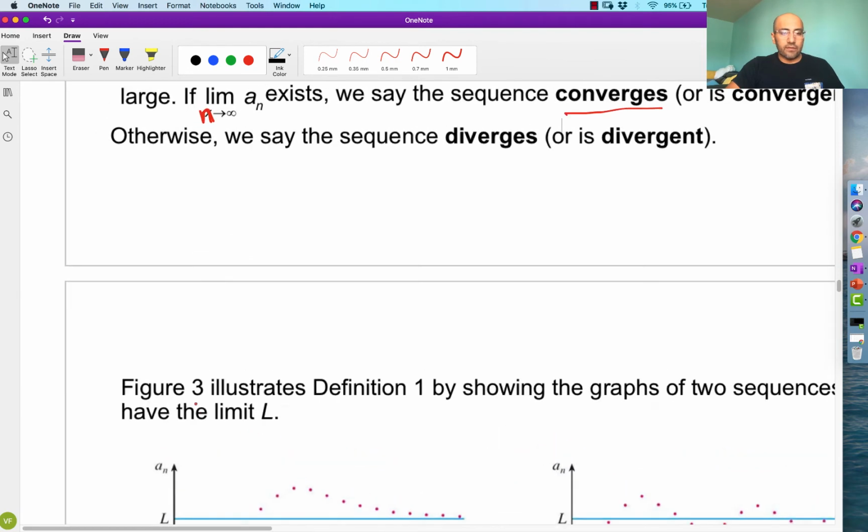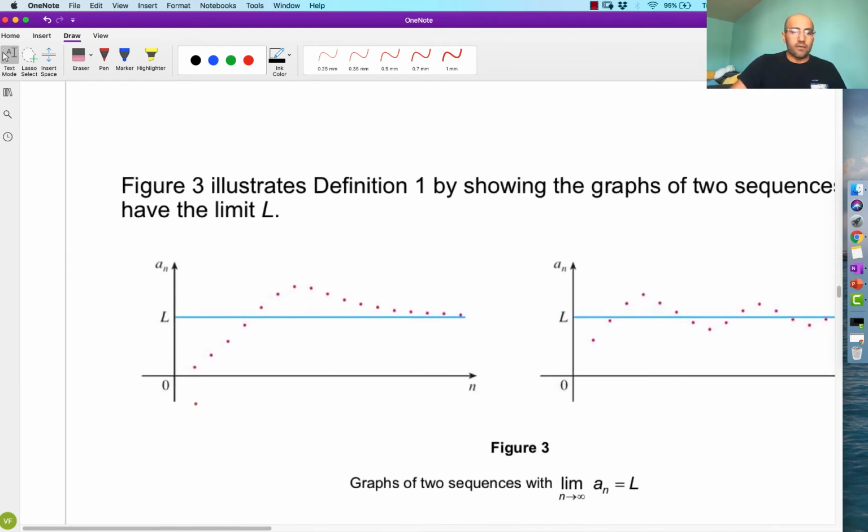So what we have here is some graphs that illustrate some sequences. We can maybe imagine that this is the first one on the list, right? We plug in 1 into our function, and this is the output. We can also say that this is the ordered pair 1 comma a sub 1, and this is 2, and this is 3, and this is 4, and so on and so forth. So a sub 1 is right there, and this is a sub 2, and so on and so forth.